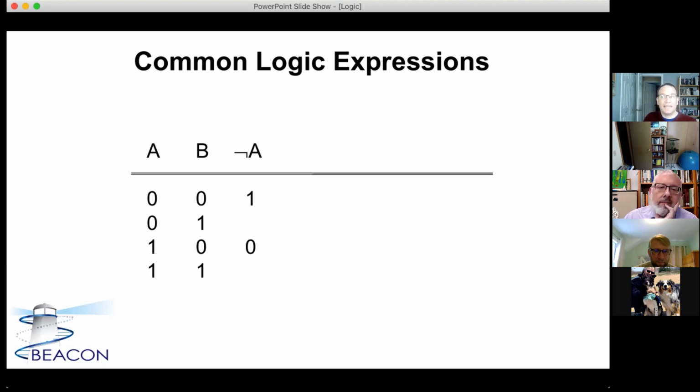Therefore, if we're completing out this table for not A, well, it needs to be the complete opposite of A. So everywhere A was false, not A has to be true. And everywhere that A was true, not A has to be false. We can do very much the same thing with not B. So rather than just me speaking constantly at you, what are our values here going to be when we try and fill out not B?